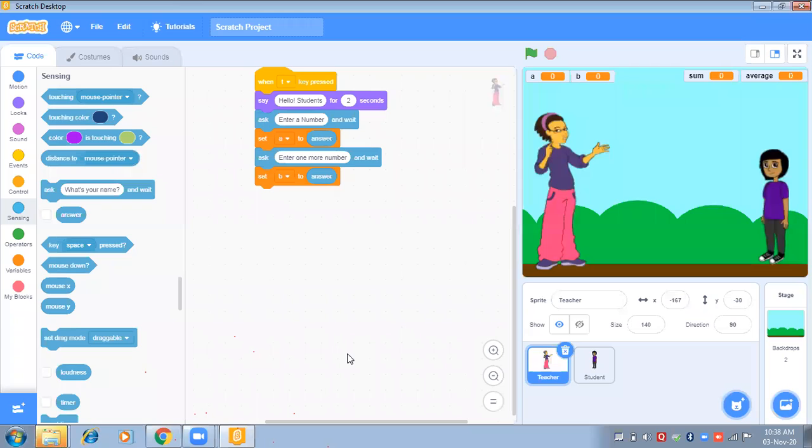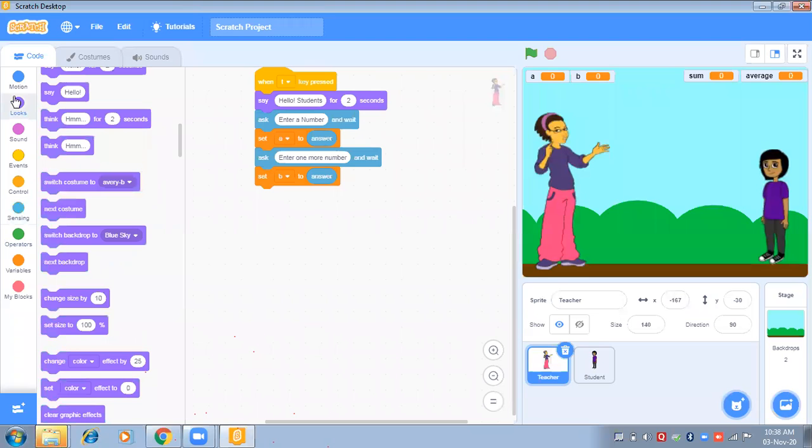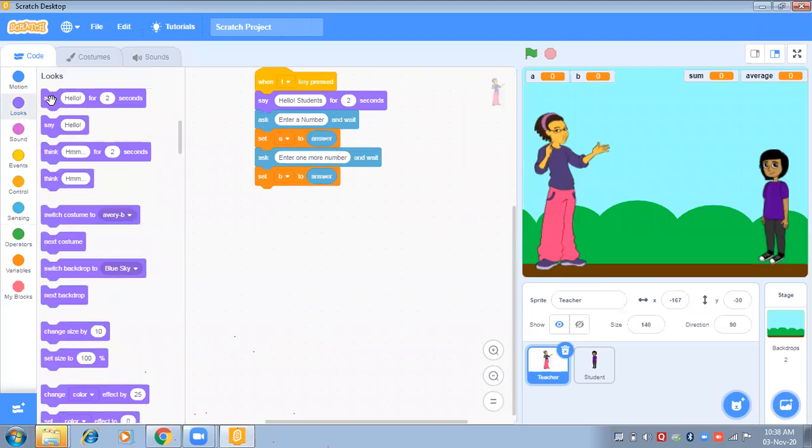Okay, now the teacher has asked two things from the student, and the student has answered it also. And the numbers are saved in A and B. Now the teacher will say something, so we will go to the looks block and drag this block.